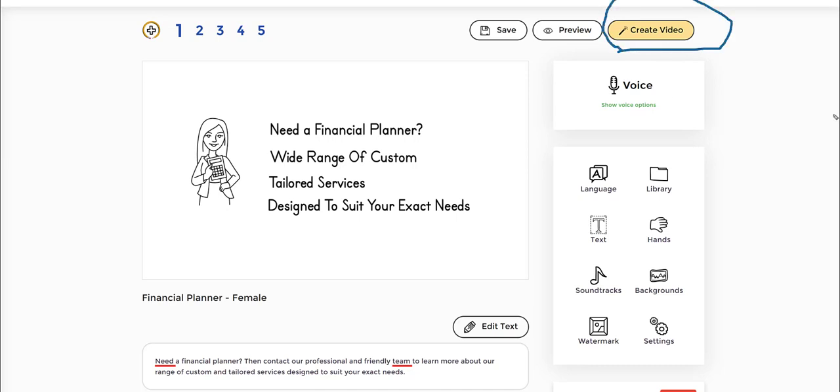And since we use our own rendering engine and we host everything on the cloud, it does not slow down your computer in any way, and you can just go have a coffee, go for a walk, and then the video will be done. So that concludes how to create, edit and customize a template from one of our library of templates that you have access to as a part of